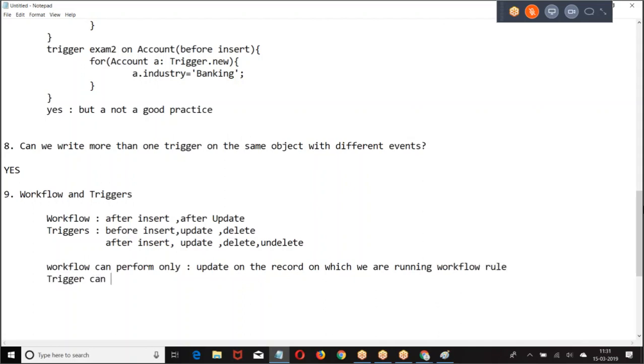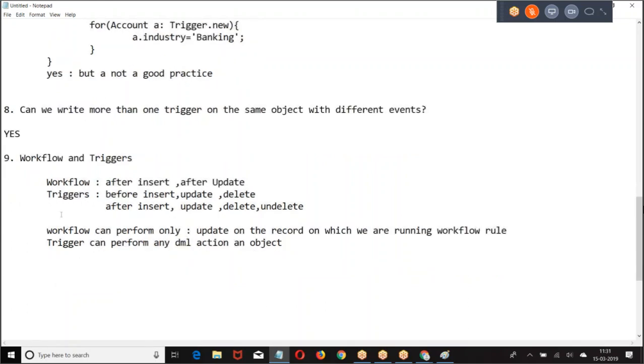A trigger can perform any action, any DML action on any object. Right? A workflow rule is going to run after insert, after update. Triggers are going to be before insert. I hope you are good with this. Right. Next.